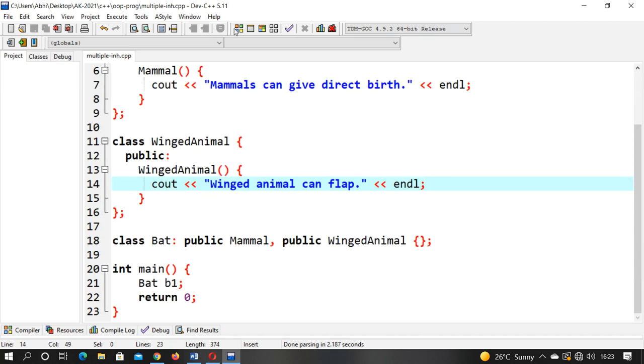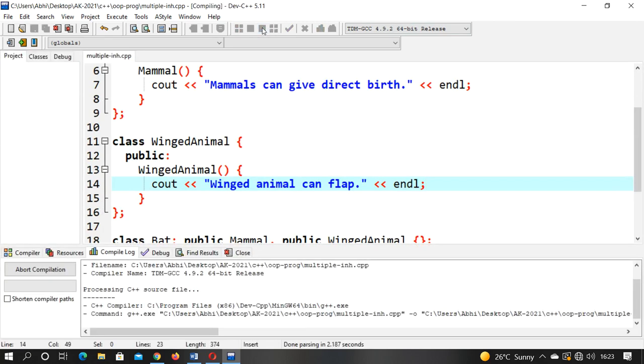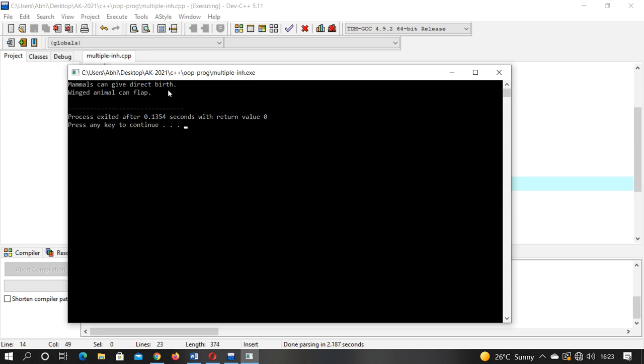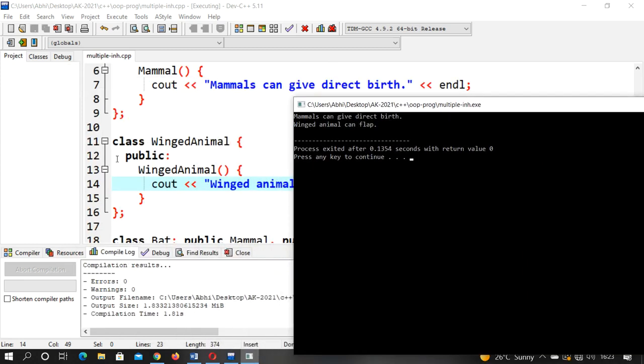So let's compile this program and see the output. Here you can see mammal can give direct birth, and winged animal can flap. So in this way we can create multiple inheritance. This is the example of multiple inheritance.